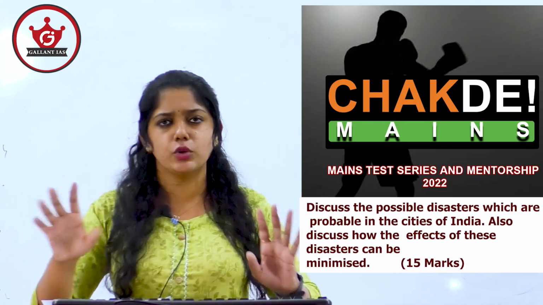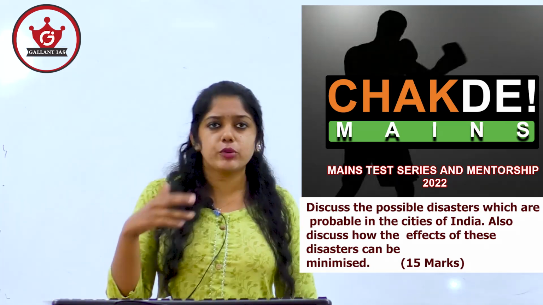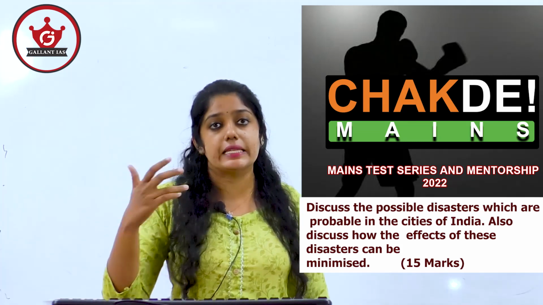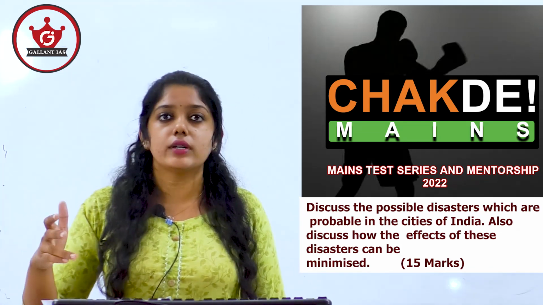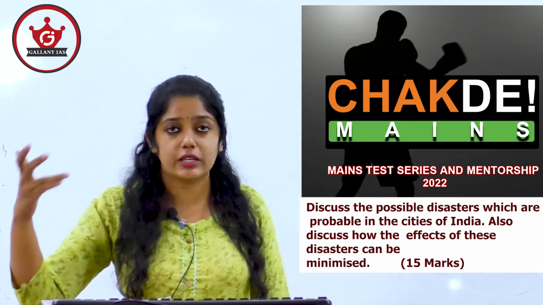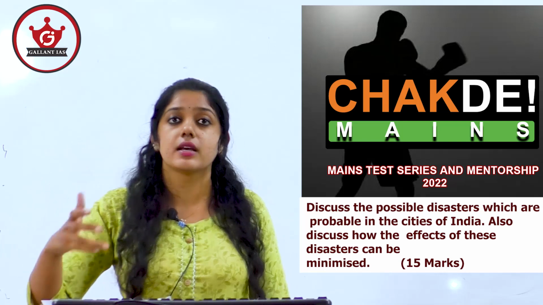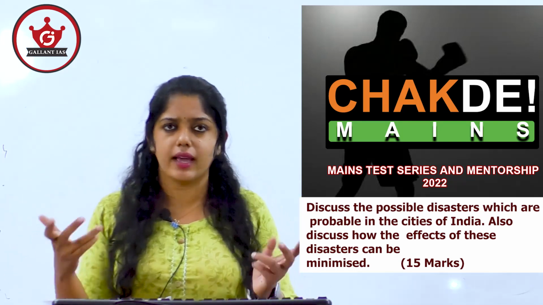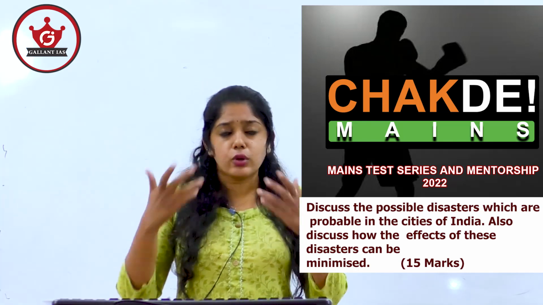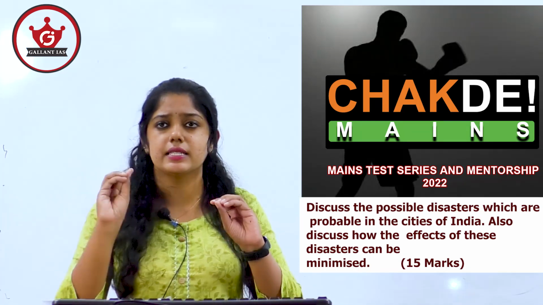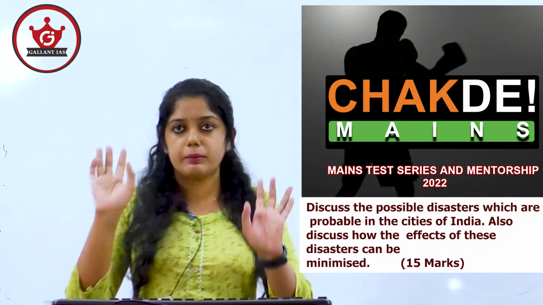So intro is clear. You can write about disaster, or you can mention the urban scenario, like over 1/3 of the population lives in urban cities. So due to increasing climate change and anthropogenic, man-made and natural factors, disasters are very probable in urban areas. Like this you can mention a fact. I have just given a fact. You don't have to always write the introduction as a definition. An example can be given in the form of a fact also. So that will be your introduction.